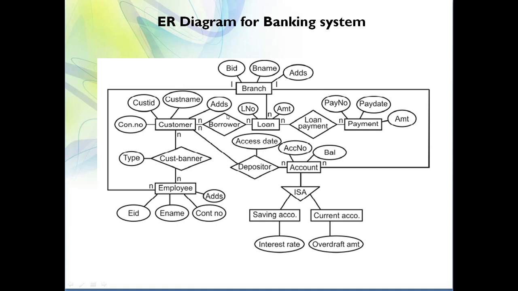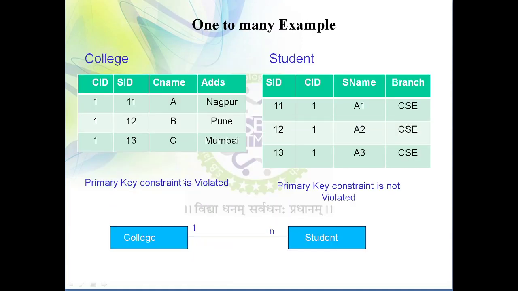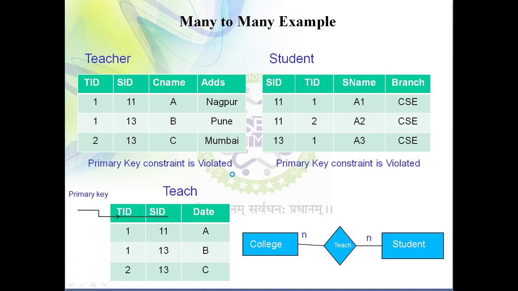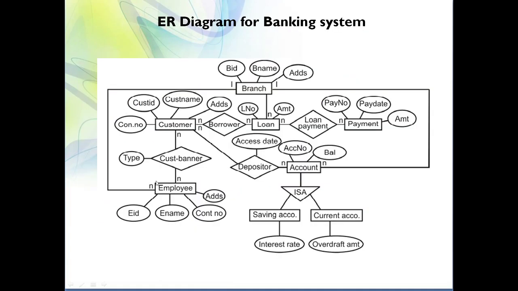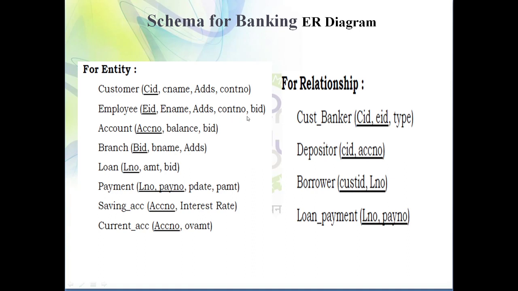How does that attribute come? Because between branch and employee table there exists a one to many kind of relationship. And if you remember, whenever we have a one to many kind of relationship, one additional attribute we have to add in table 1 or in table 2. So here one to many relationship exists between employee and branch. In that case one additional attribute will be added either to the branch table or to the employee table. So here we have added it in the employee table.